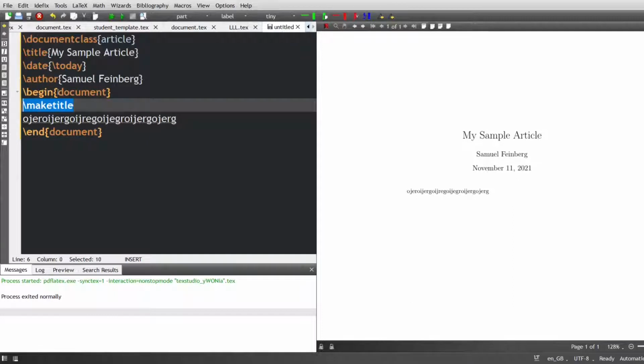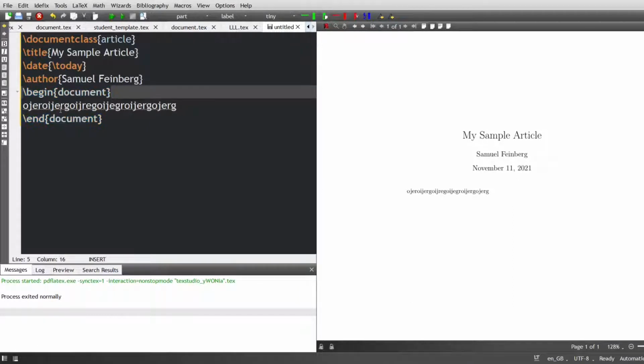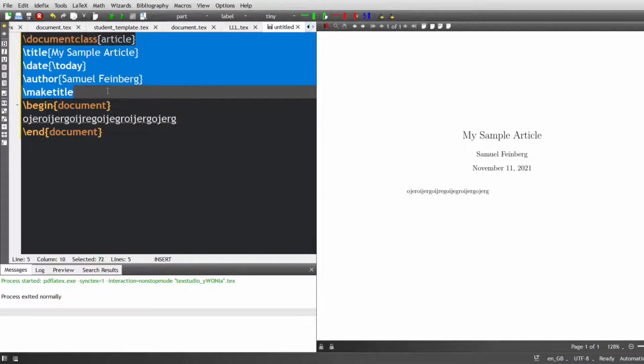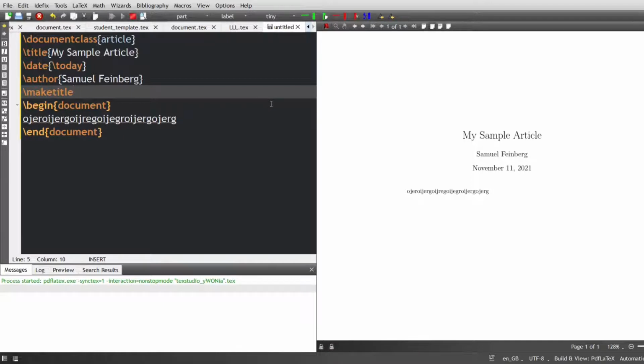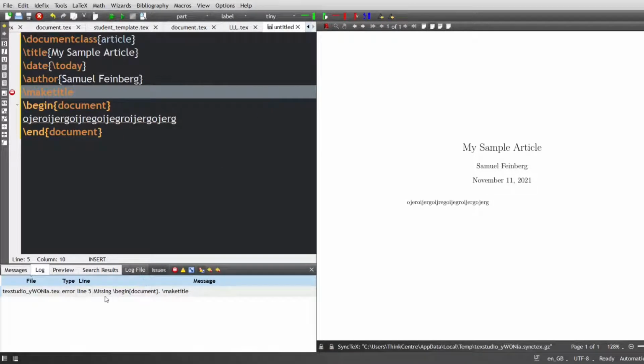What happens if you put it in the preamble? The preamble is between here and begin document. So, what happens if you do that? There we go. It actually comes up with an error. It's saying that there isn't any document basically, which is quite hilarious, I think. But always put make title